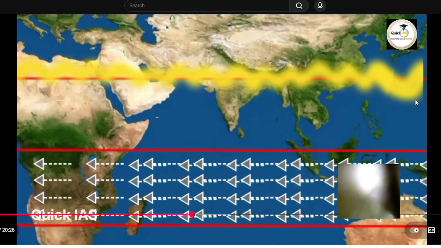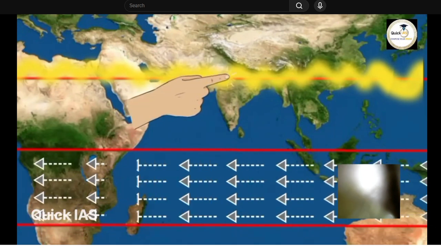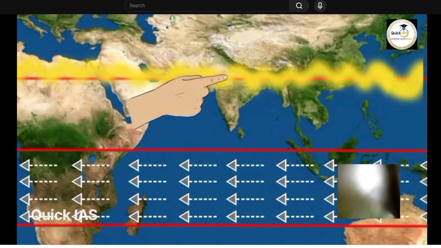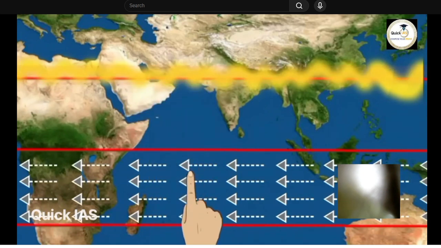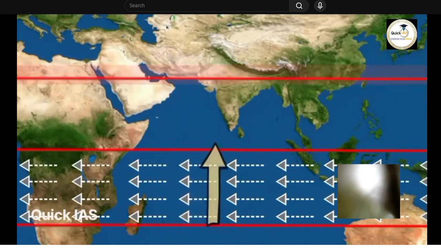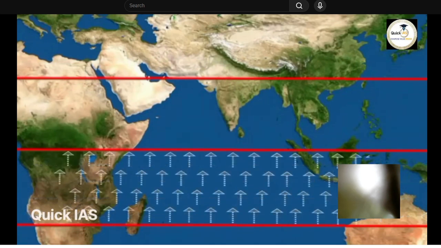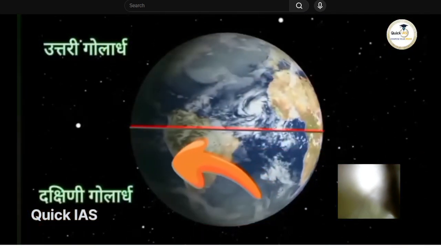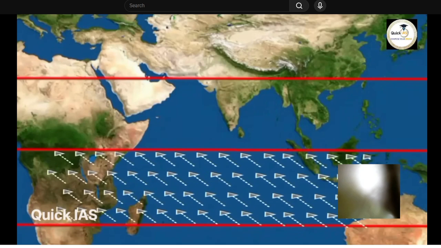Remember, the trade winds were blowing in their own direction, but the low-pressure area near the ITC route areas in India to fill the void that is formed, the trade winds start moving towards the north. If the trade winds have to go towards India, then the direction of the winds will be something like this. But due to the Coriolis effect, if they go towards the southern hemisphere, they will turn left and move in this direction.